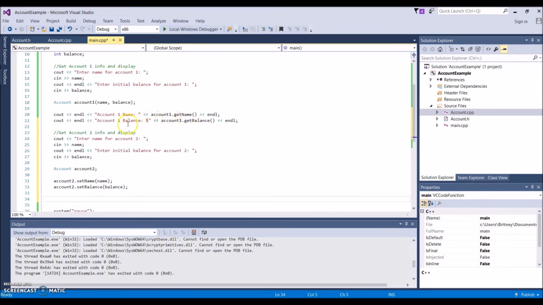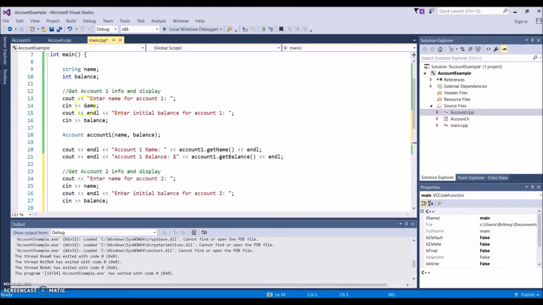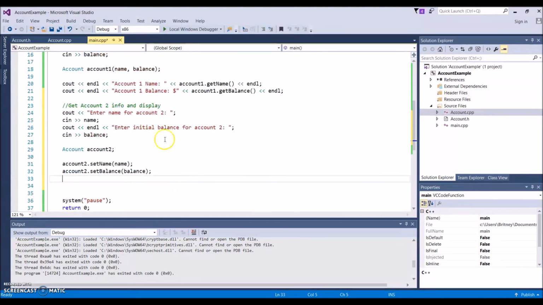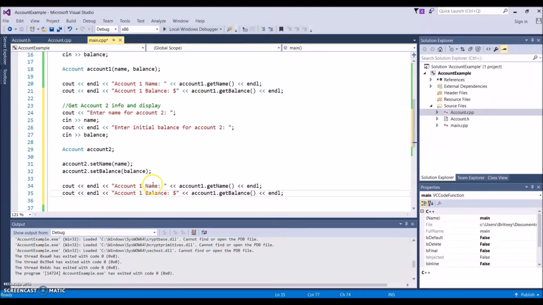So now we're setting account one the way we did before, and now we're setting account two variables differently, right? We're now using the default constructor and using the mutator methods, set name, set balance, that we had created. Okay, and then let's print it out as we did before, and I'm going to do that down here. And I'm going to remove the end line here so we don't have as many line breaks. And I'm going to do the same thing here. Okay, and I'm going to change this to account two,